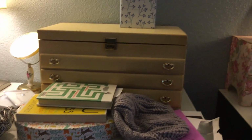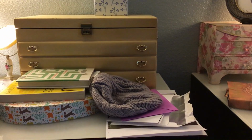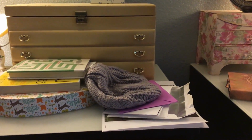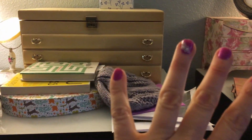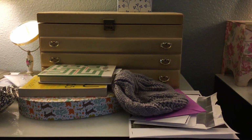Versus, oh, I got to go clean up my room. Okay. Next is you need to gather up everything and put it together in one location. So that's what I'm going to do next. I'm going to empty out every single drawer and every single container and put everything on my bed that's right